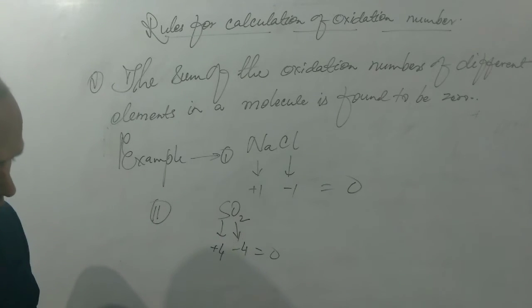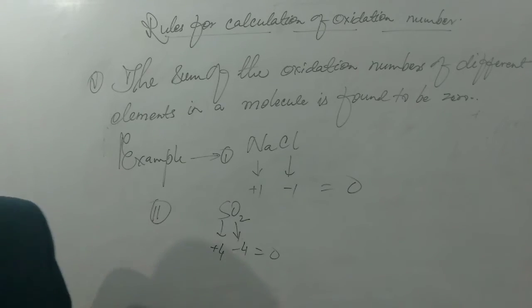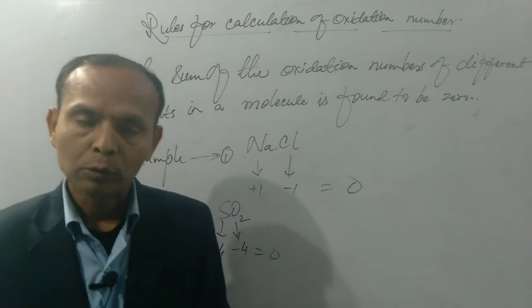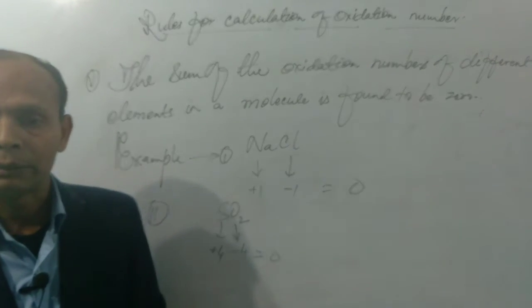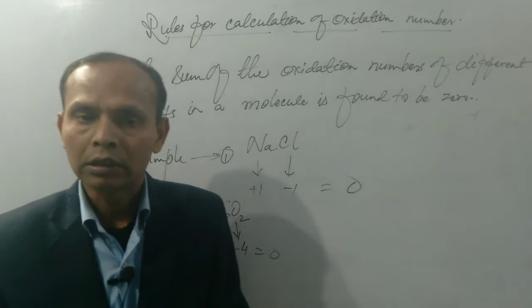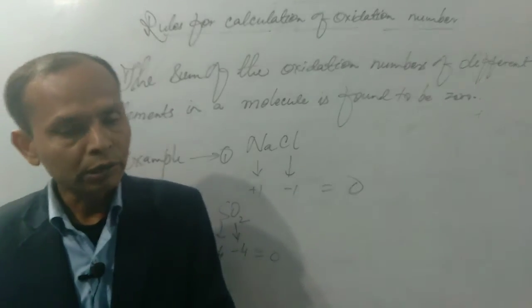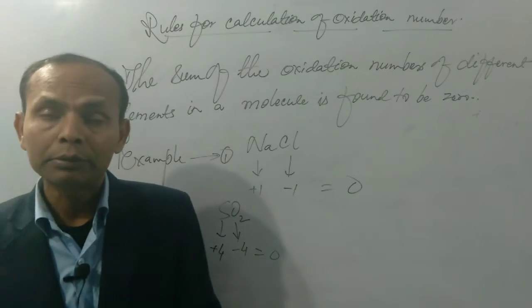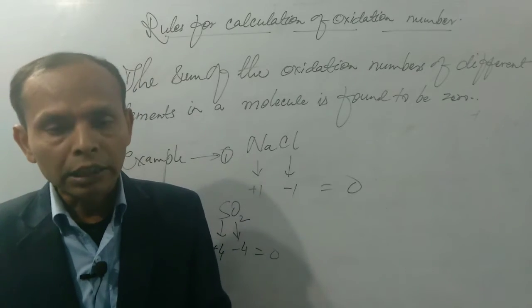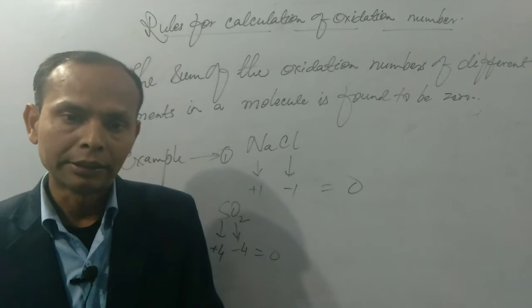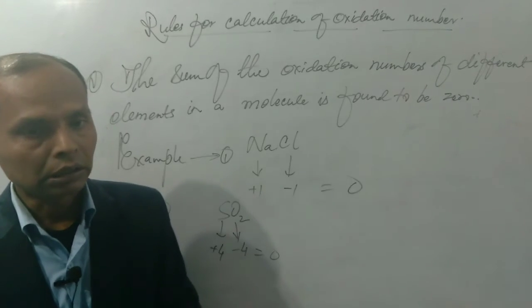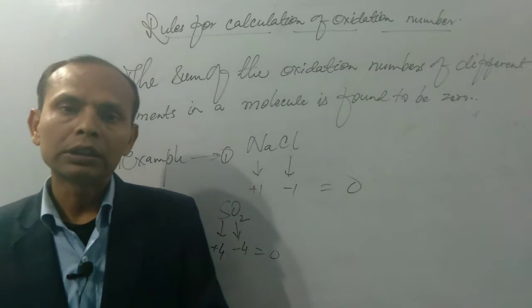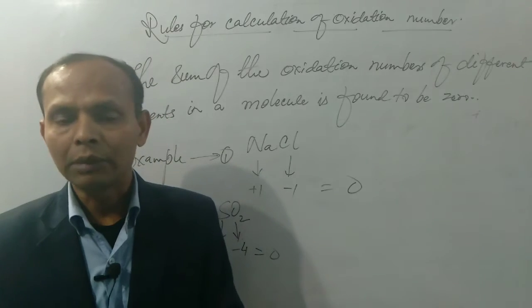Again, we have to discuss all the 5 rules one at a time to understand completely what the different rules are for calculation of various types of elements regarding their oxidation number or oxidation state. So we can say that there will be 5 different rules for calculation of various types of elements regarding their oxidation numbers. First rule, which tells us in free state the oxidation state of all the elements is found to be